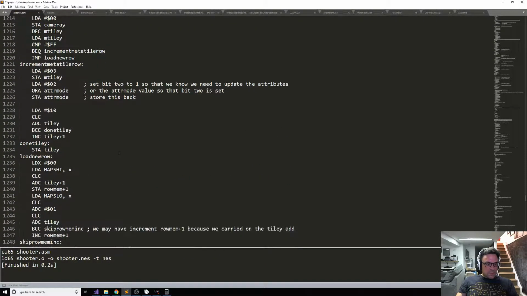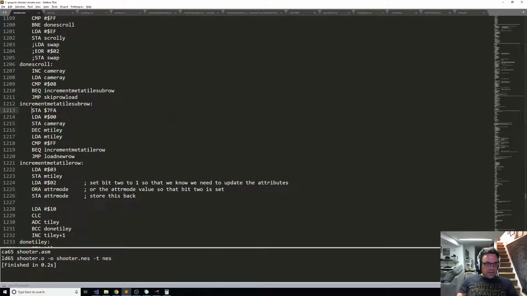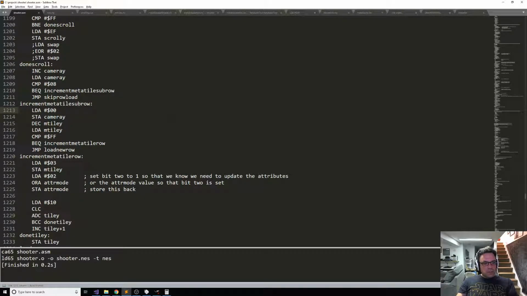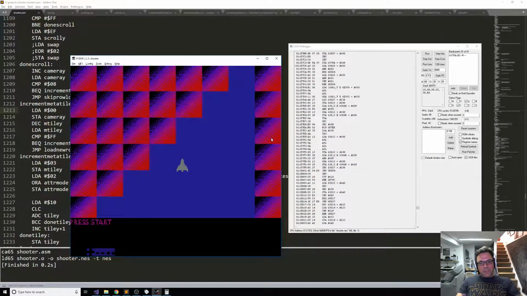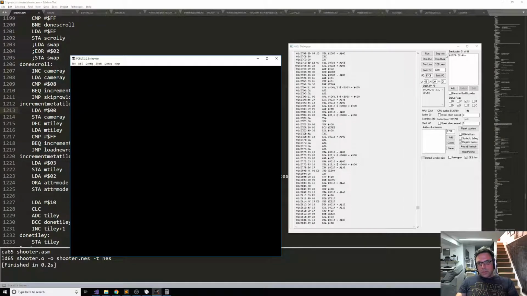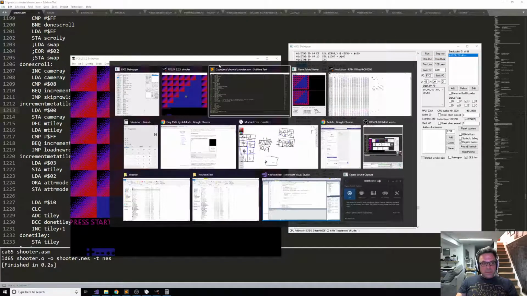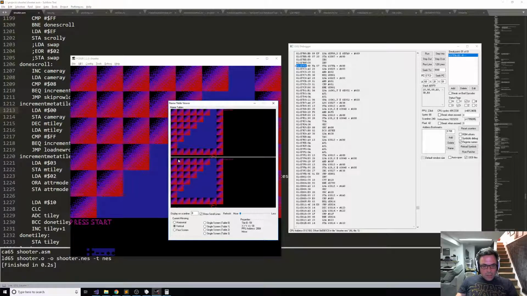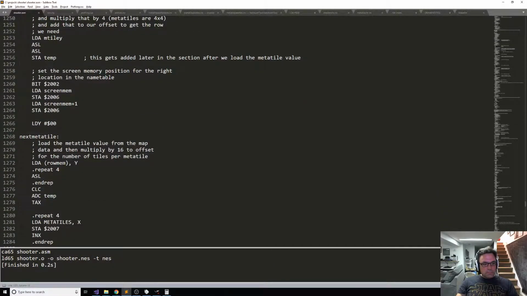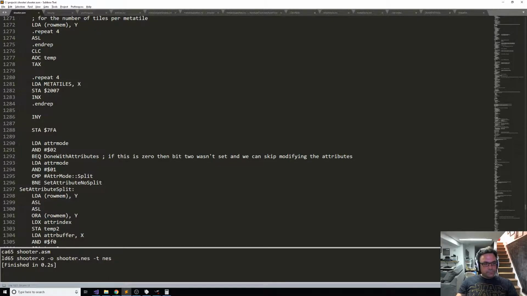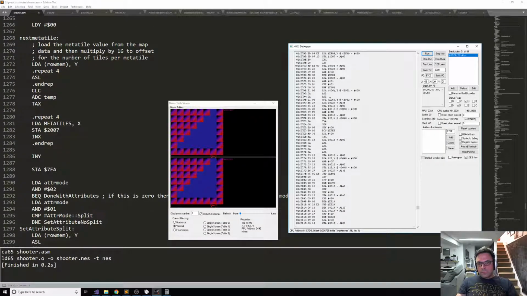Let's get rid of this breakpoint now because we know that that's working properly. And let's reload the game and make sure that we are seeing the 4 tiles get updated as expected in the name table now. Still. Okay, so they're not. That's something. Load a 3. Yeah, so that,